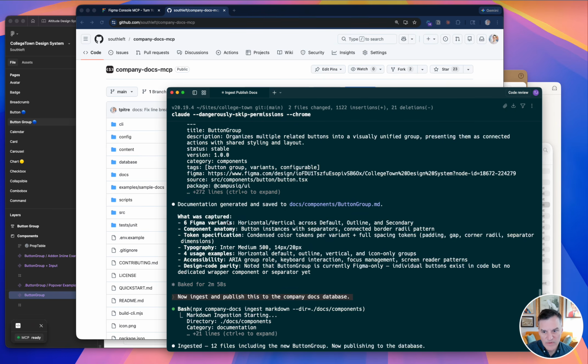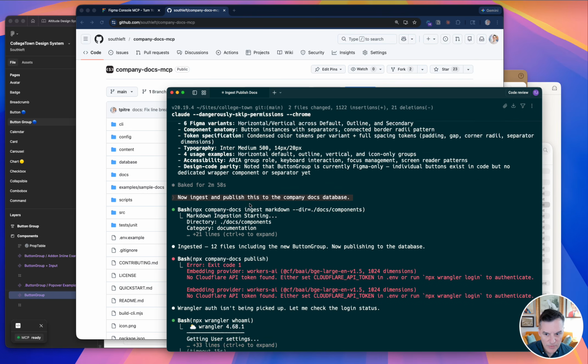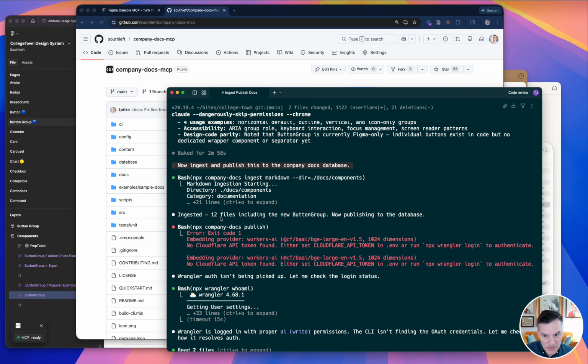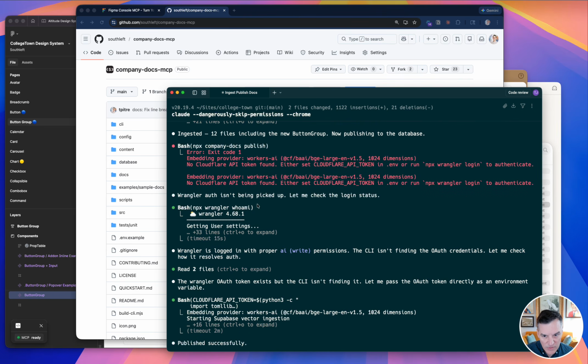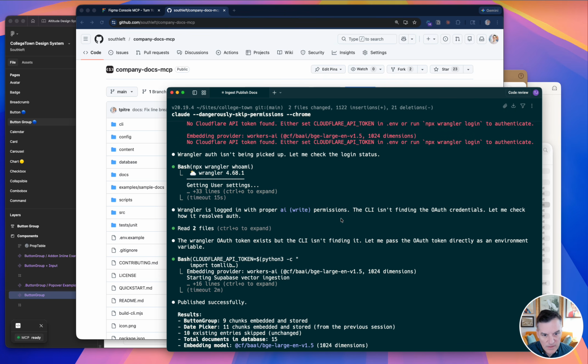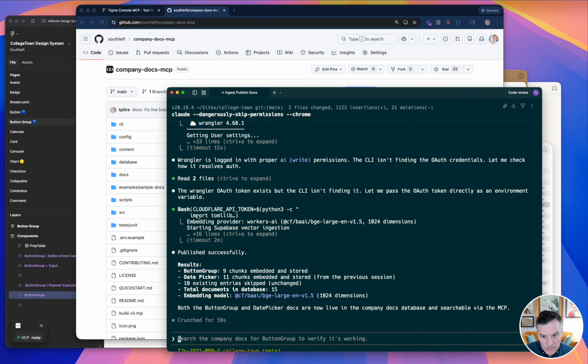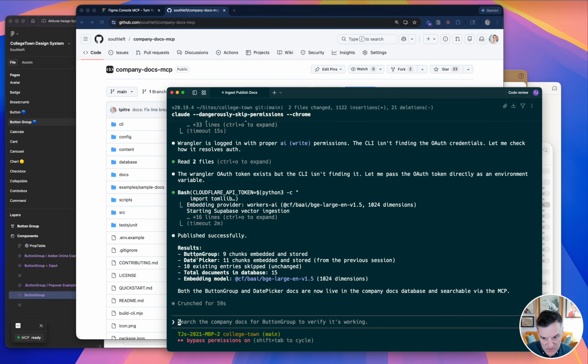All right, great. So it looks like it did a thing while I was talking. This is where we left off before, where it generated that button group, and then ingested 12 files. Wrangler wasn't being picked up. Wrangler is the Cloudflare CLI. Okay, so it ended up connecting, and then it published successfully. Button group, 9 chunks, date picker, great. So now this published that button group component documentation to